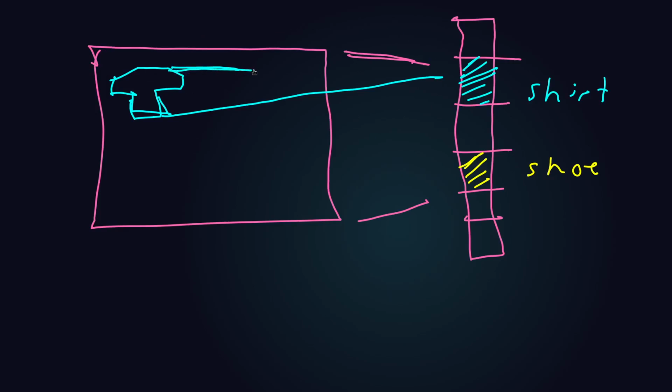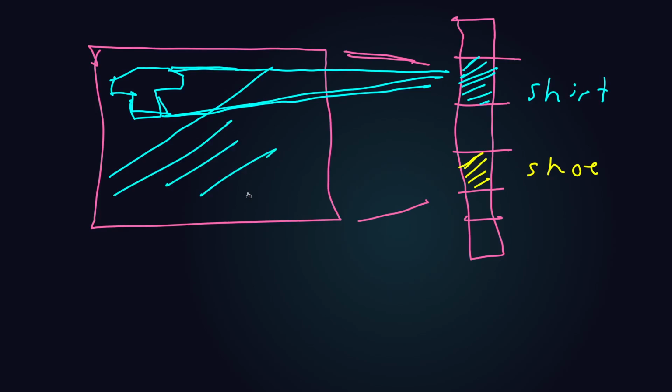We want the pixels in this region to be large, right? To carry this information forward, and everywhere else in the image plane, we might want them to be 0. Okay? So to make this unit match this shirt, these pixels have to be high, everywhere else it's got to be 0. But,